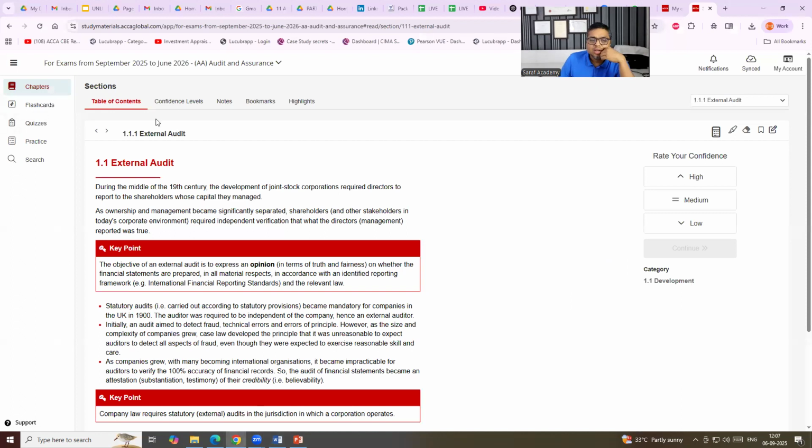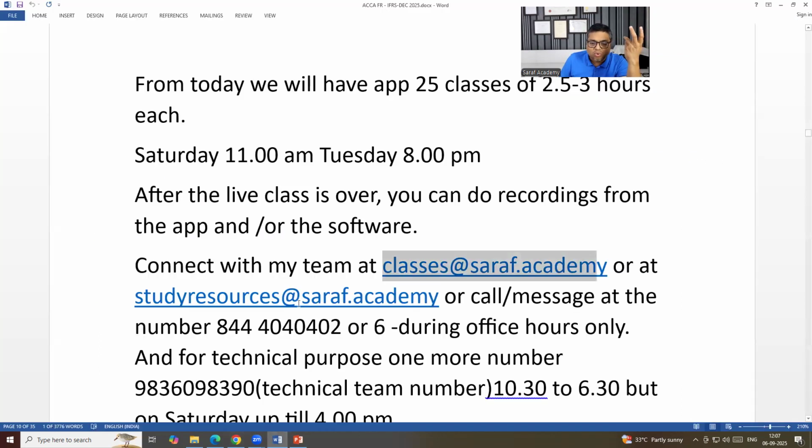Suppose you are not able to open the material on the ACCA website. Suppose you are using your ID and password, it is not working, it happens. Now we don't have rights over the ACCA website. You need to mail the institute only and CC us. We will help so that your problem can be solved faster, because we are connected with the institute. We communicate on your behalf to the institute, please help the student ASAP. But you need to mail the institute directly from your registered mail ID.